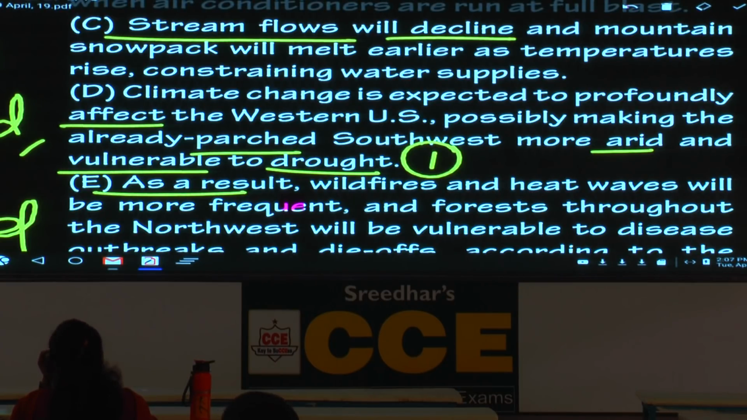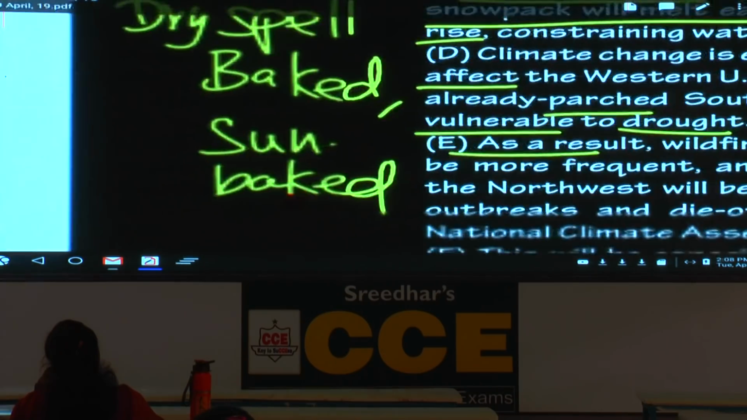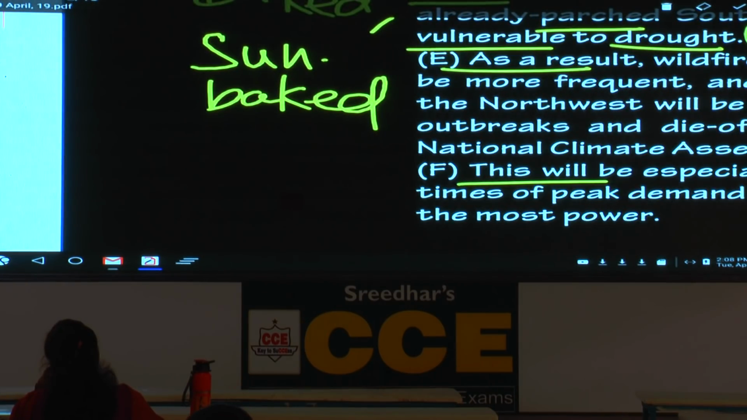Then also underline mountain snowpack will melt earlier as temperatures rise. The clue for you, put a star mark, temperatures rise. Also underline the word rise and write 2 words. First you write the word rise, then you write the word